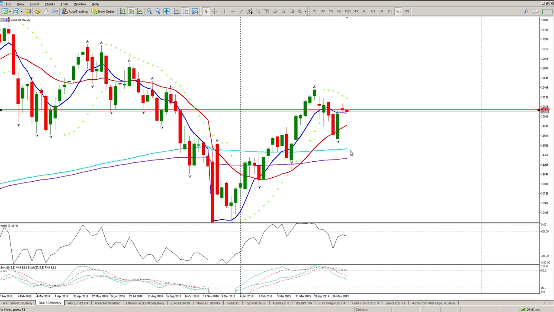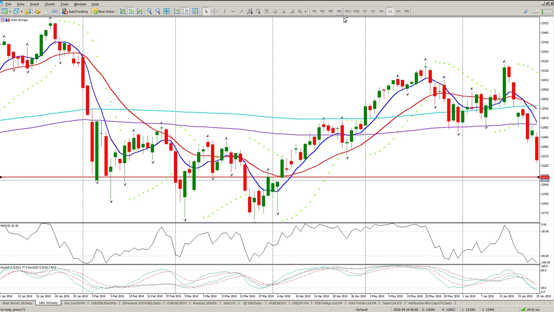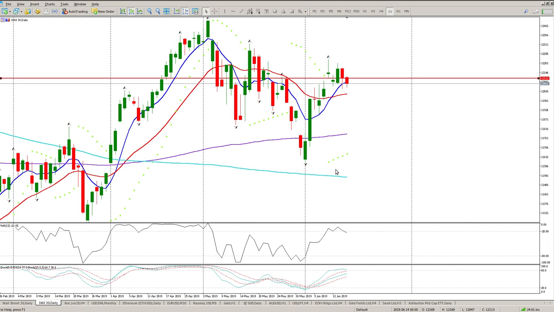If we look at the daily, it's the same scenario. You can see indecision. There's no real long trend building. If you look at the parabolic SAR, it's just chaos. So this could be a reversal pattern. How much of a reversal pattern? I wouldn't write too much into it because